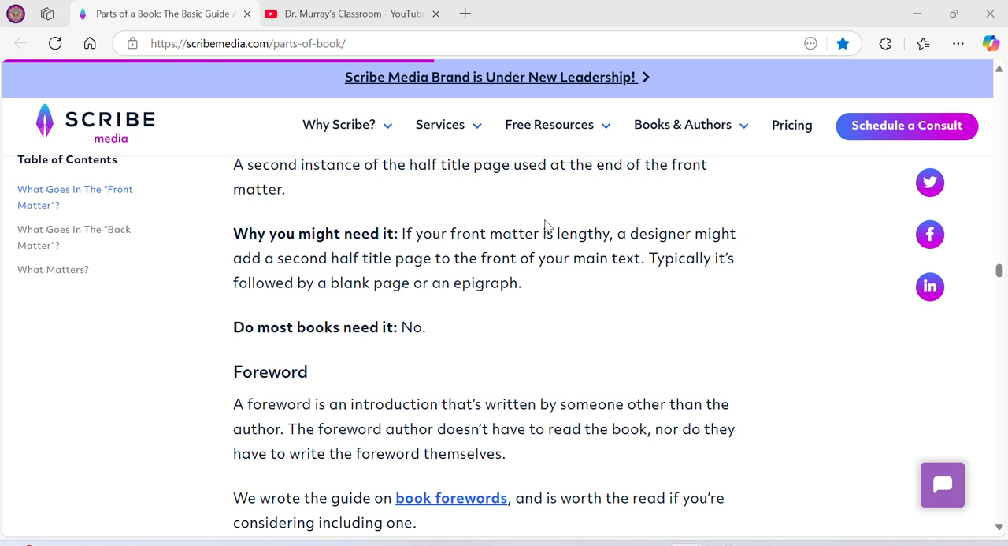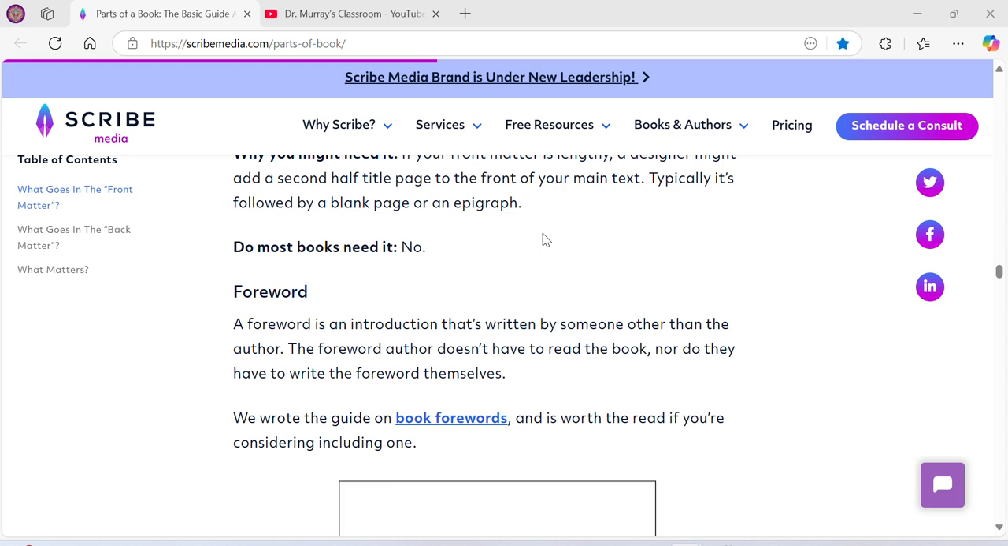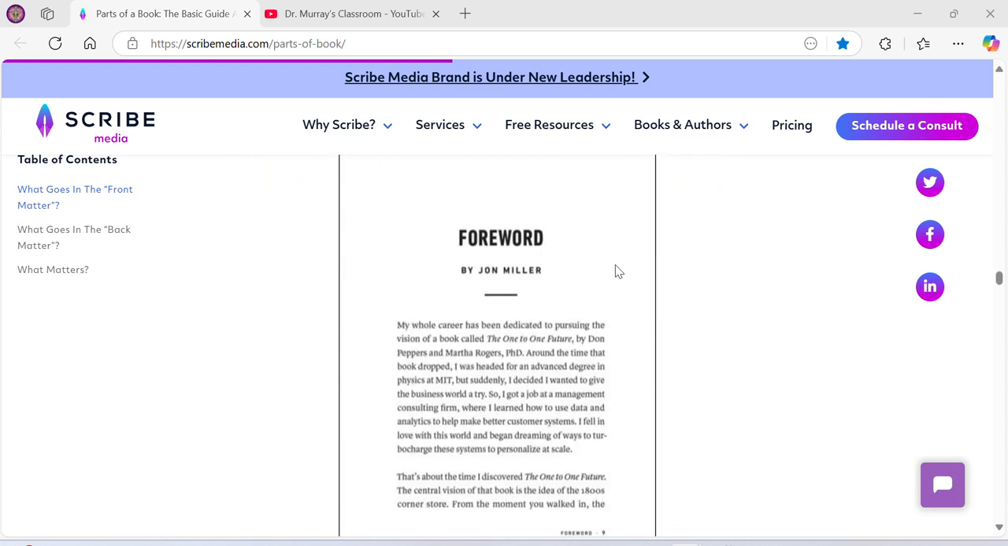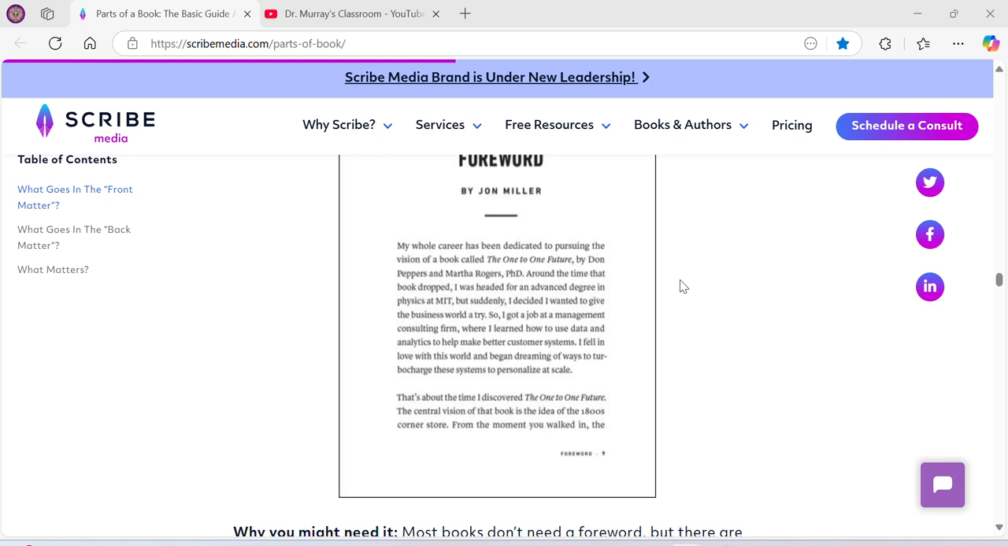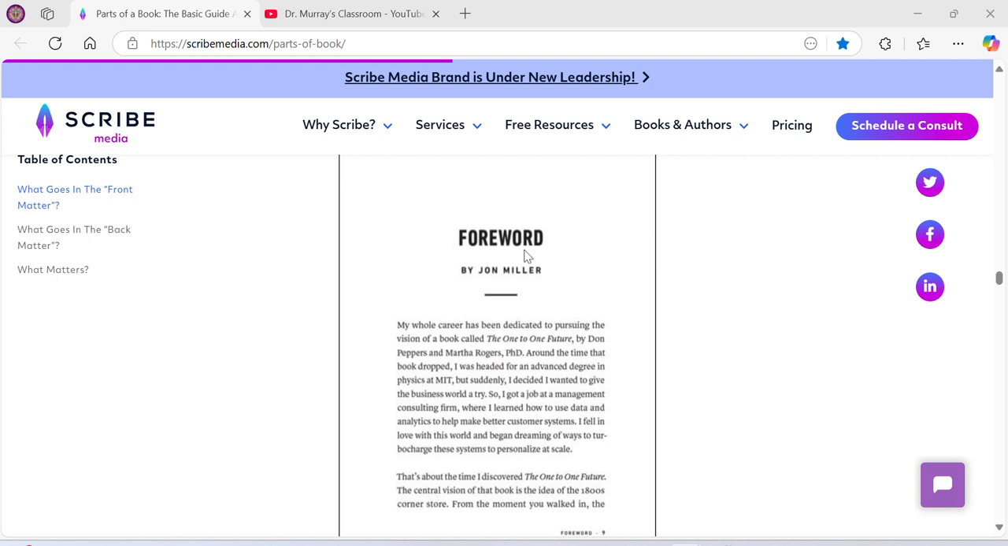Next is the foreword. You don't really need a foreword, but a lot of times the foreword is written by somebody other than the author, and it's kind of like somebody co-signing for the author or writing something about the author and so forth. You can decide if you want that in your book. I think only one of my books has a foreword. Here is an example of a foreword right here,